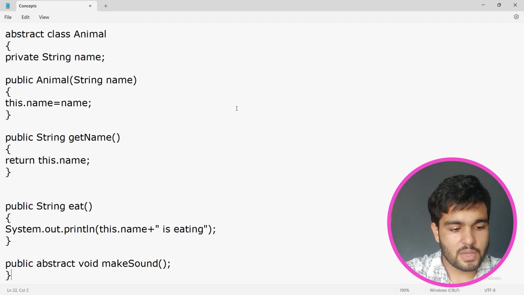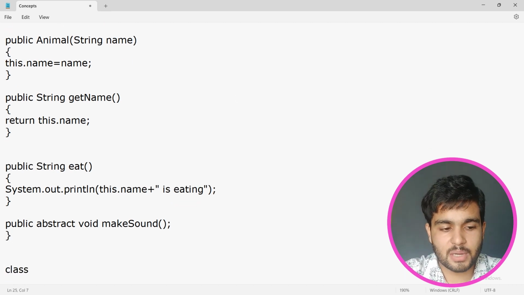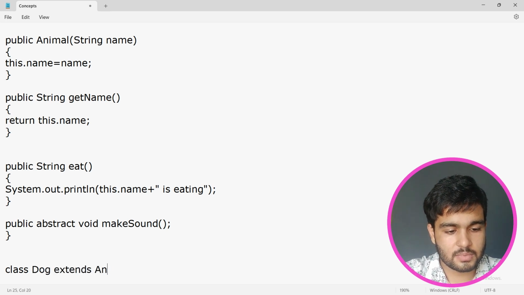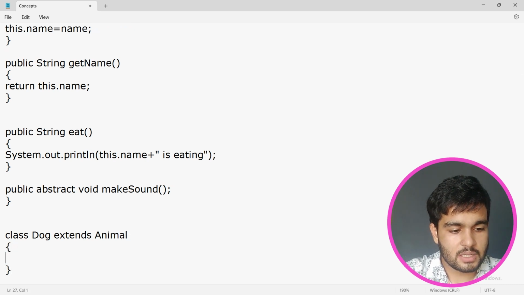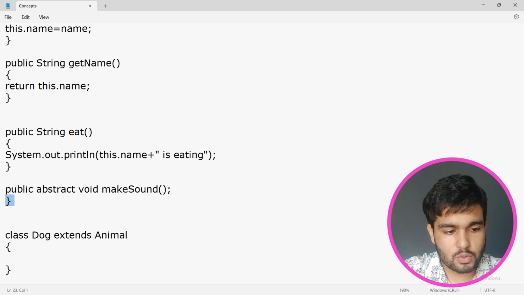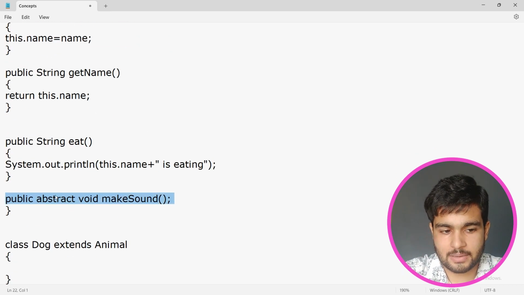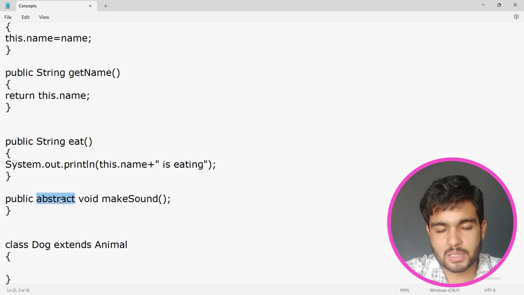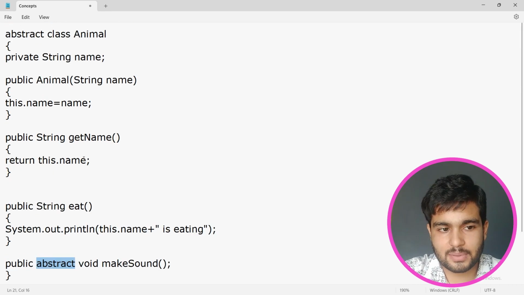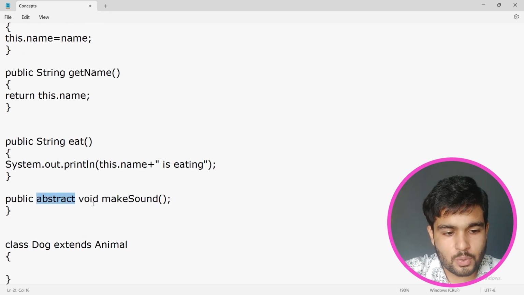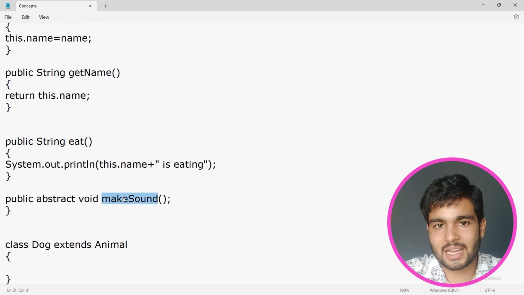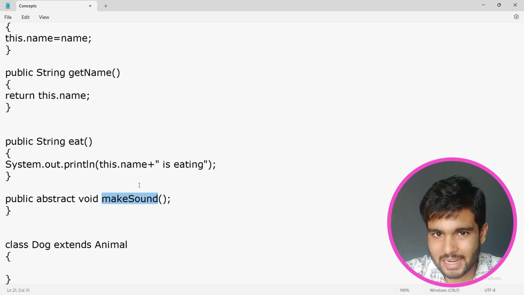Okay. Now we are going to create the multiple subclasses for the animal. So class Dog extends Animal, and in this class, as two things are already implemented, we have done the abstraction because we are imposing the guideline. We are imposing the guideline by giving the abstract method that whichever class extends the abstract class Animal must define this makeSound function in its class, otherwise it would not be considered an animal. So we have imposed the guideline, that's why it is an abstraction example, and